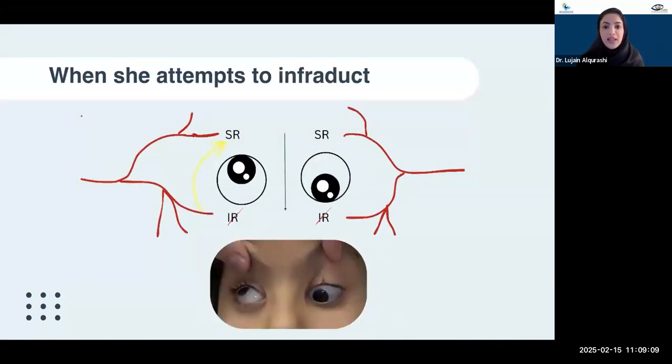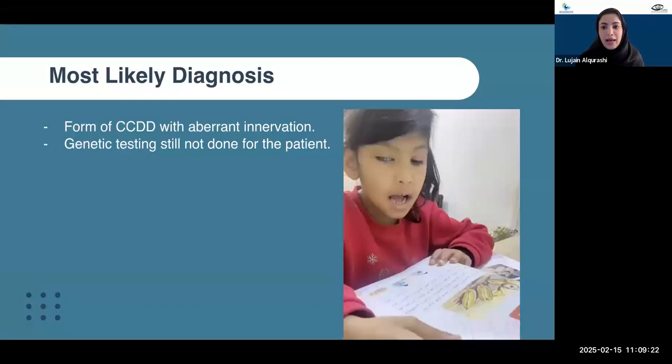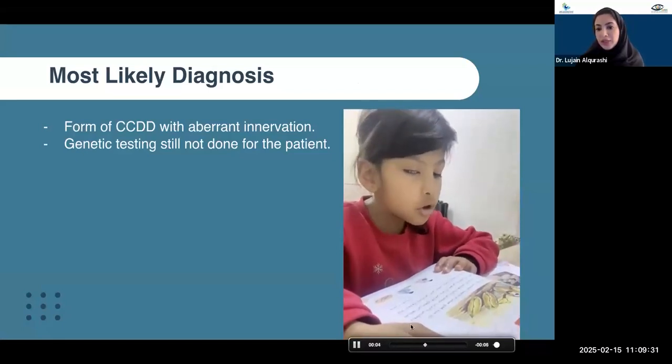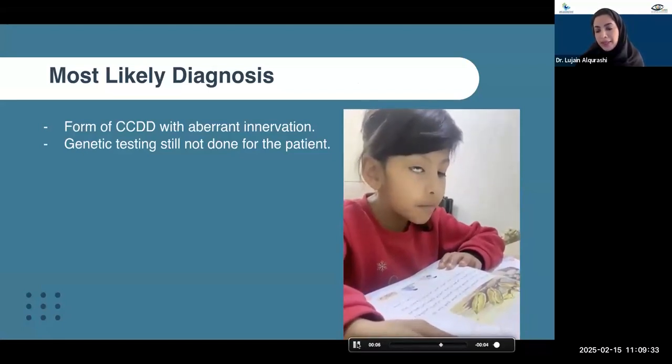But when she attempts to infraduct, there is an abnormal firing from the aberrant branch that is supplying the superior rectus, which is why she has this upshoot. And as you see, the reason why it's an issue for the patient is because when she attempts to read in primary position, she's okay. But when she attempts to read at school, she's really bothered by it, and she's bullied at school because of